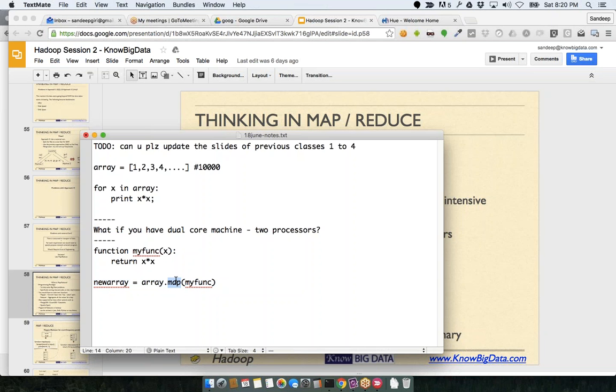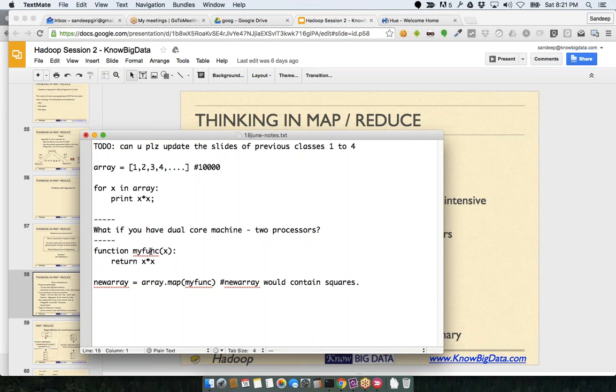So instead of us writing logic to iterate over an array, the programming language construct called map is iterating over an array, and your function is being applied on every element of the array, so that the new array would contain